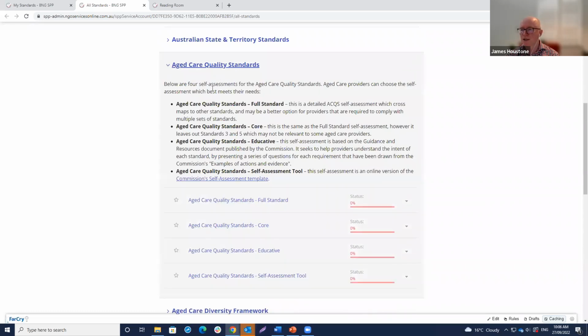And then underneath the aged care quality standards, we've got a couple of different assessments. One of the ones I want to focus on today is this aged care quality standards self-assessment tool, which is basically an online version of the Commission's self-assessment tool, which they have on their website. I want to have a little bit of a look at that in a moment as well.